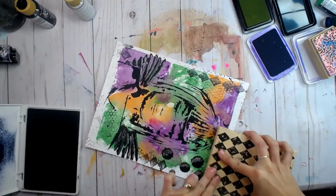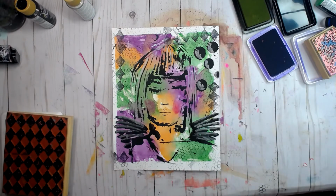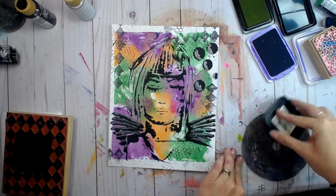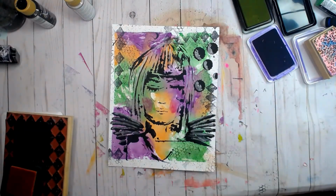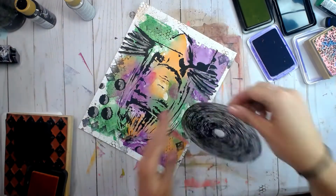I really need to buy a new black archival ink pad because that one is just not doing the job anymore, as you can tell. So I think it's about time for me to just bite the bullet and buy a new one, or buy a re-inker. I guess that would work too. So you can kind of see where it is, and I'm just going in. This is the Picket Fence Studios Circles of Hope. I'm sorry, Circles of Faith. Sorry,